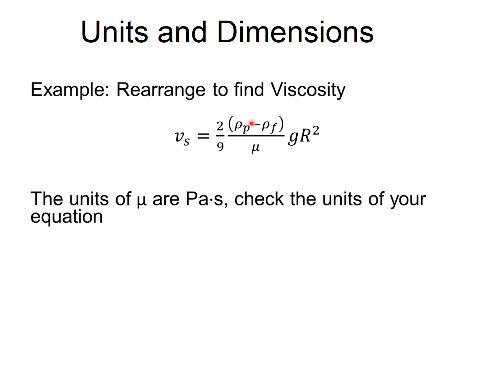So the things that we have on here, this is rho, this curly p, so that's density. The density of your particle minus the density of your fluid. So this is basically the difference in density between your particle and your fluid. If you've got something heavy in a light fluid, or something dense in a not dense fluid, because this number is on the top of this division symbol here, it means your velocity will be higher. So if you drop a big iron ball through air, it will fall faster than if you drop a ping pong ball in water. In fact, the ping pong ball in water will have a negative settling velocity because it will be rising up through the water because it's less dense